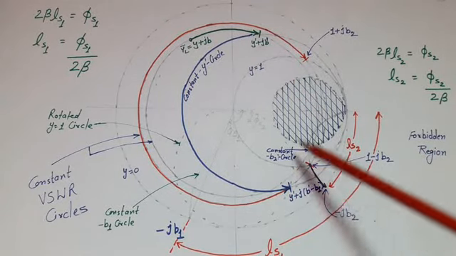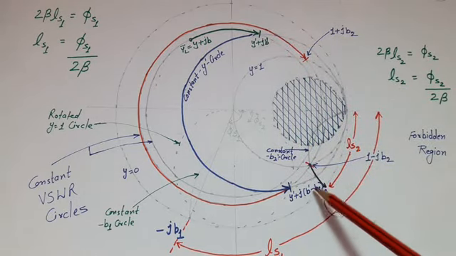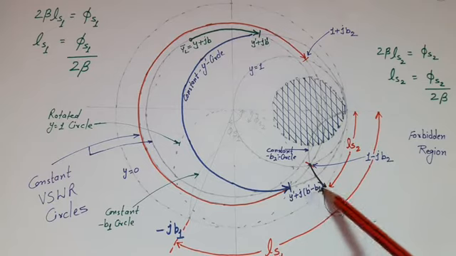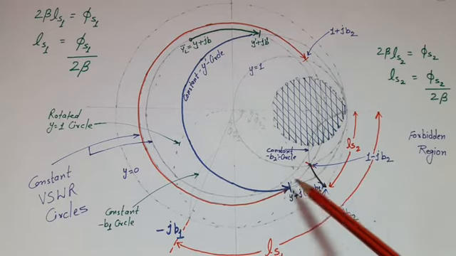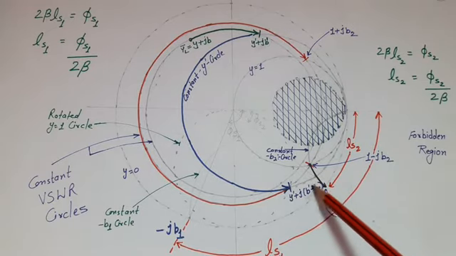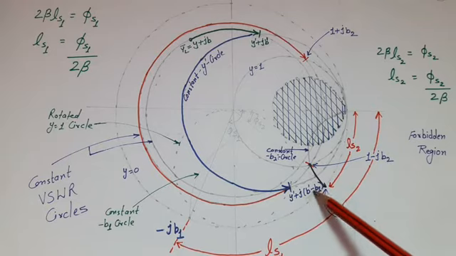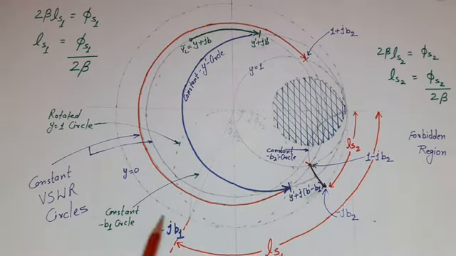Now this b dash minus b1 value we can find just by knowing the constant b circle passing from this point. Suppose that value is b double dash, where b double dash is equal to b dash minus b1. Now we know the value of b double dash and b dash. So from here we can find the value of minus b1, and this minus b1 reactance is obtained by the first stub. And because this stub provides only reactive part, therefore that value should be marked on the y is equal to 0 circle. Suppose this point corresponds to b is equal to minus jb1.